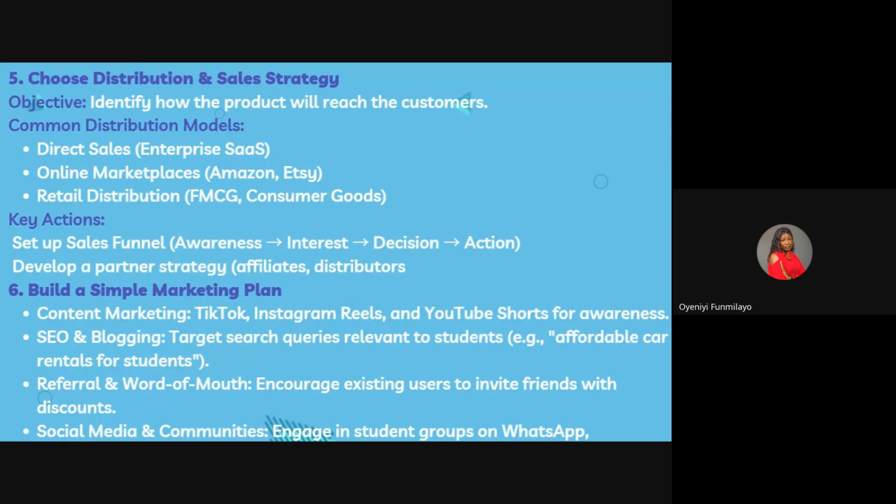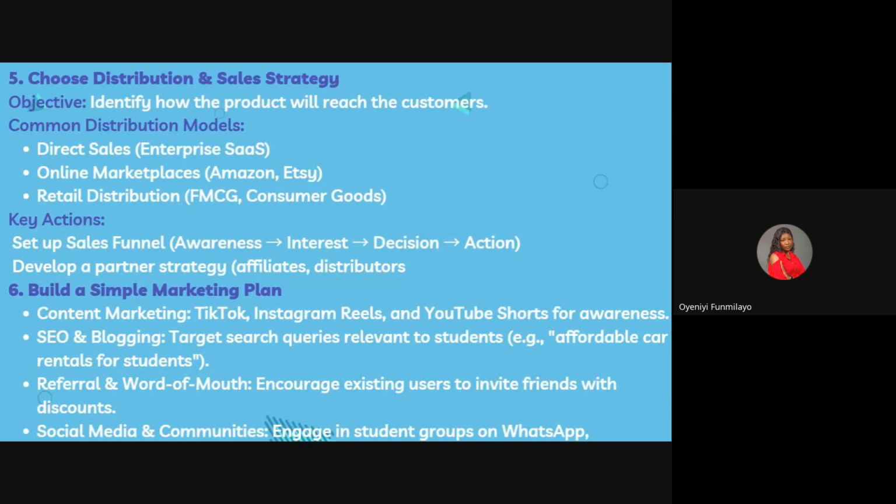Because of the way a salesperson will talk to you, based on how these marketers have made you aware of it, a salesperson cannot come again to push you that you will now buy the product. So you have taken action by paying your money to them. Then you need to develop a partner strategy. These partner strategies could be that you want to have a distributor, or you want to affiliate with somebody. Maybe you're the one that owns the product, or somebody is selling the product for you.